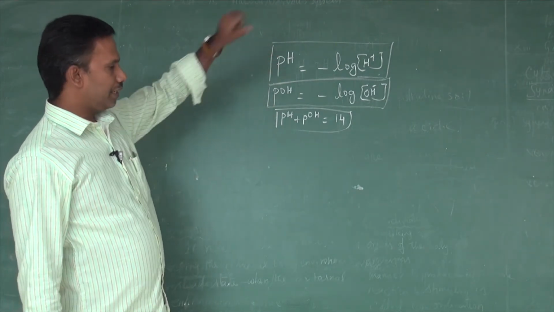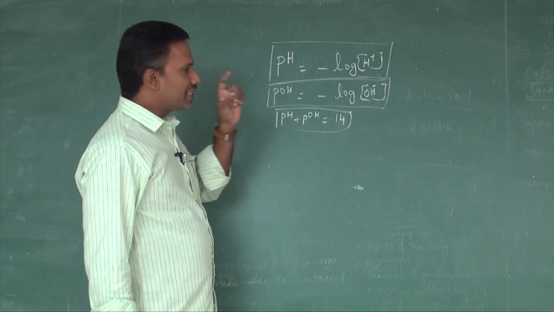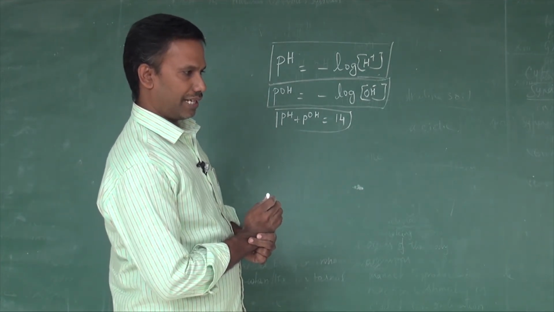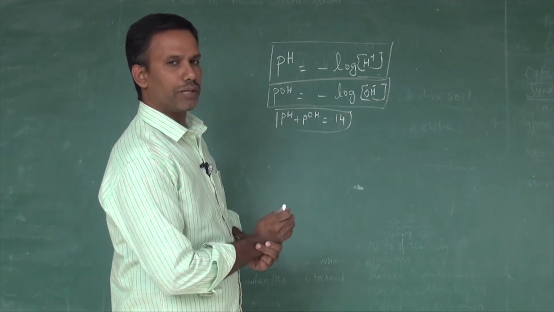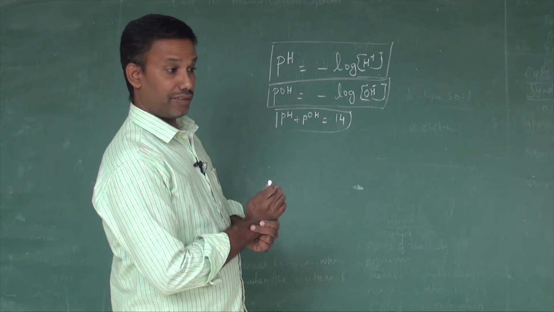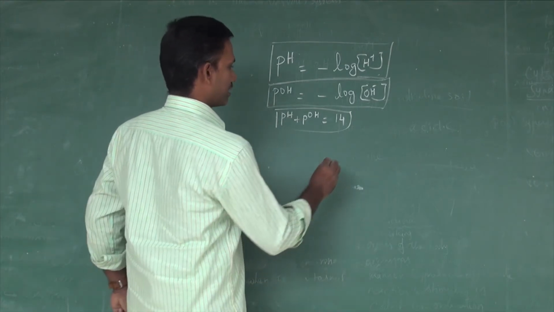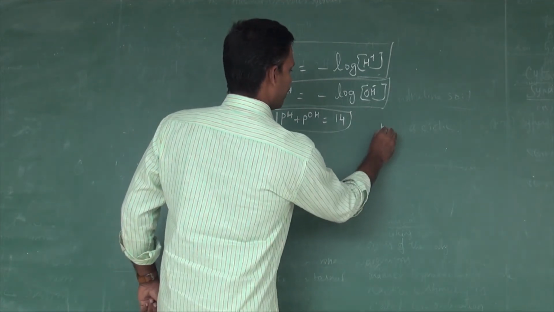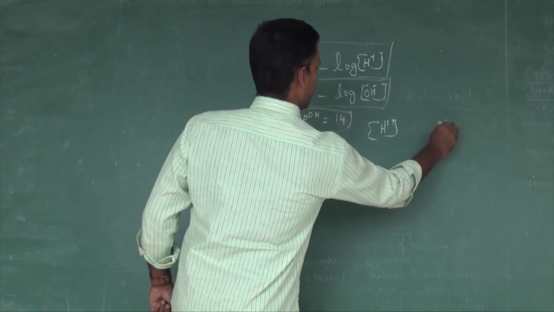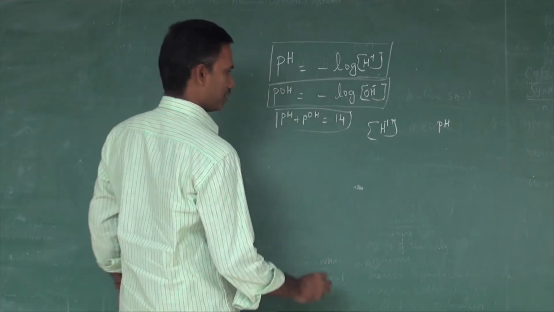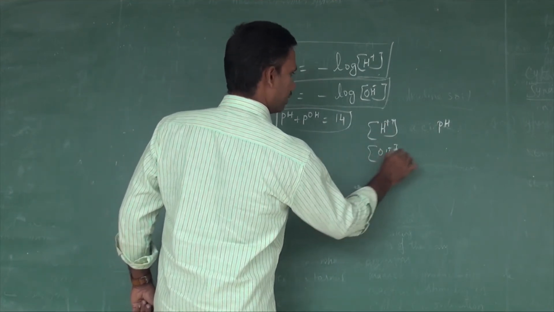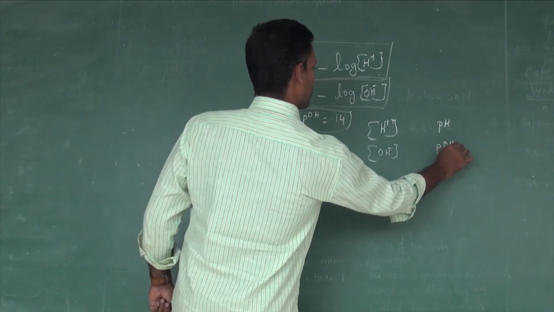Okay. Then what is given, what is asked, that is very important in scientific problems. When you enter into the problems, you must know what is given and what they are asking. For example, H plus ion concentration may be given, pH may be asked. This is a direct type of problem. Sometimes OH minus ion concentration is given, they may ask pOH. This is also direct.